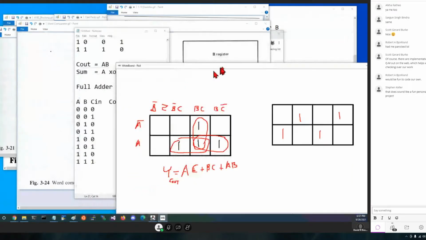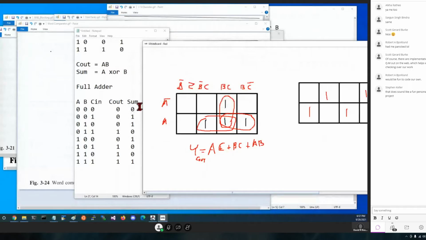And it may be easier than we think, because if you look at the first part, it's a XOR, and the second part's a XNOR. So there might be something tricky we can do if we use XOR gates and XNOR gates to make it happen. So let's look at